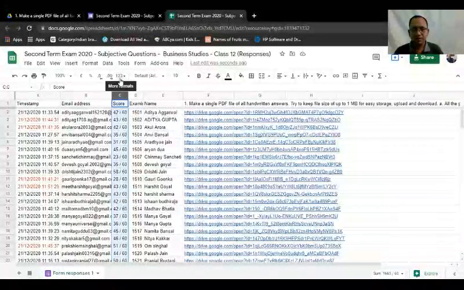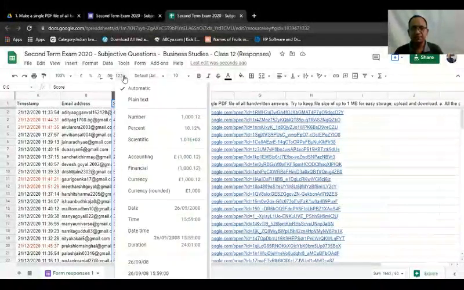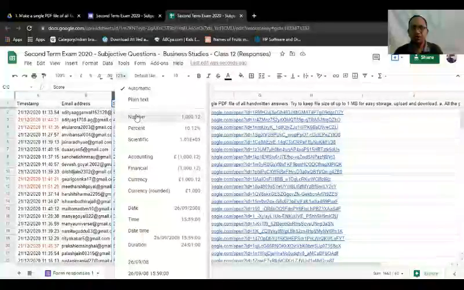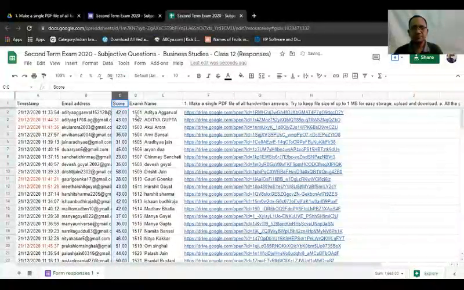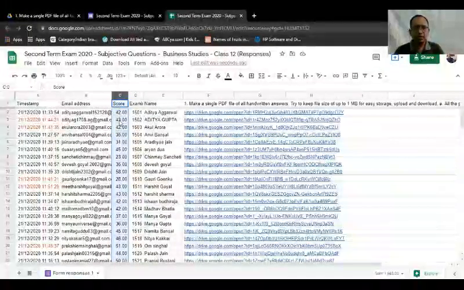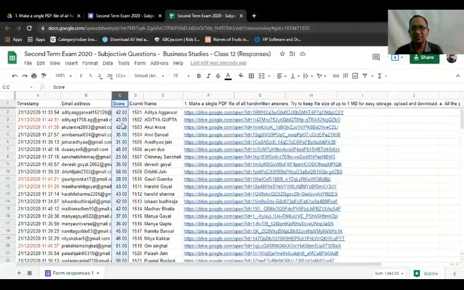Now click on this 1, 2, 3 means number format above, choose number, and you see the 60 vanishes. But now the score is coming as 42.00, 43.00. I do not want these decimals.